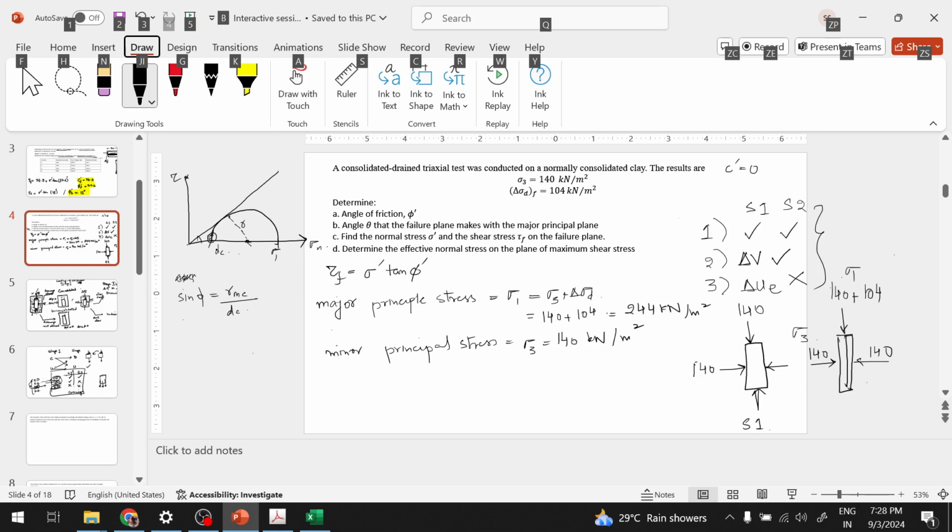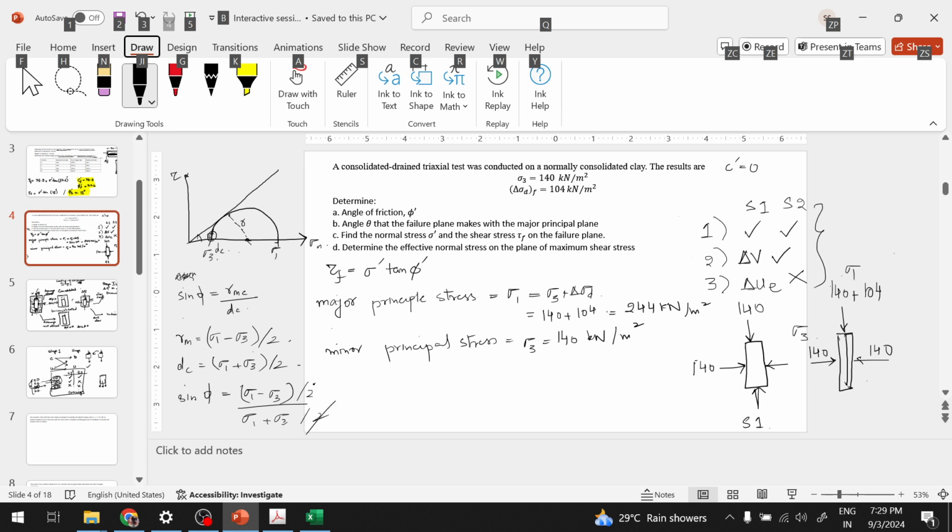This is sigma 1, this is sigma 3. And we know that the radius of the Mohr circle is sigma 1 minus sigma 3 over 2, and the distance to the center is sigma 1 plus sigma 3 over 2. So our sine phi will be sigma 1 minus sigma 3 over 2 over sigma 1 plus sigma 3 over 2. 2 and 2 will go. So sine phi